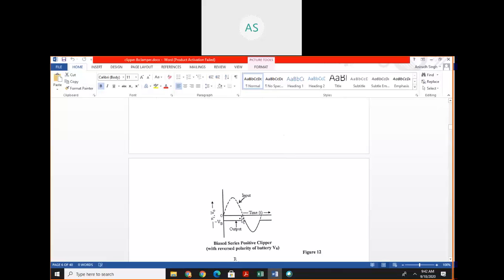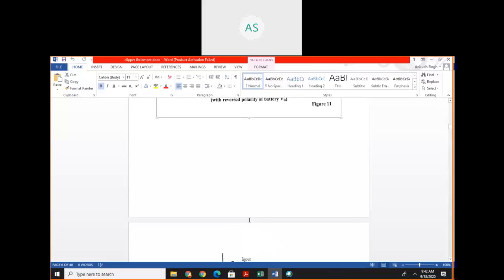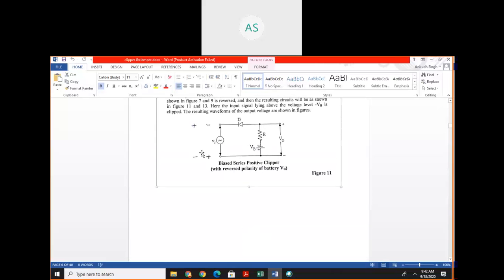If we apply KVL in this circuit, positive, negative, positive, negative means additive. V naught plus VB is equal to 0. It means that the value of V naught is equal to minus VB for the positive half cycle. For only the positive half cycle, we get the output which is equal to minus VB. And for the negative half cycle,